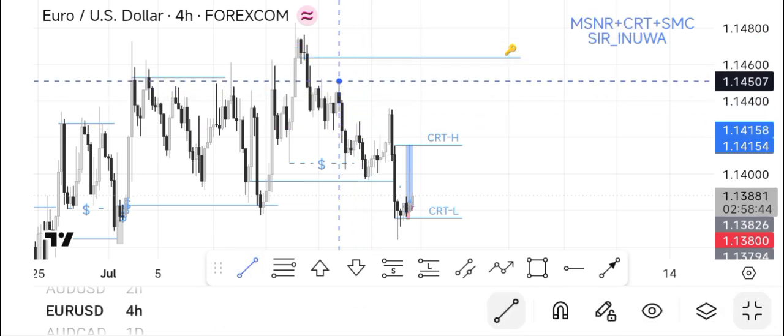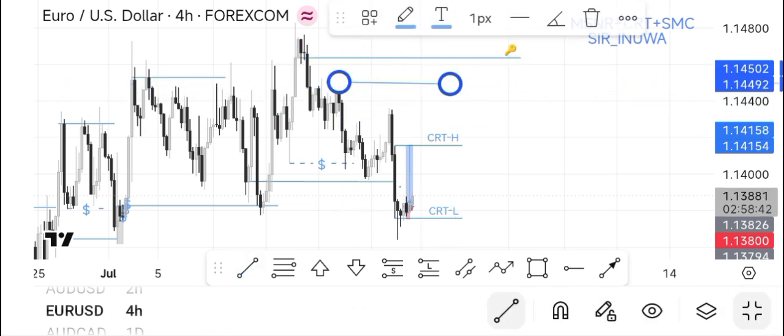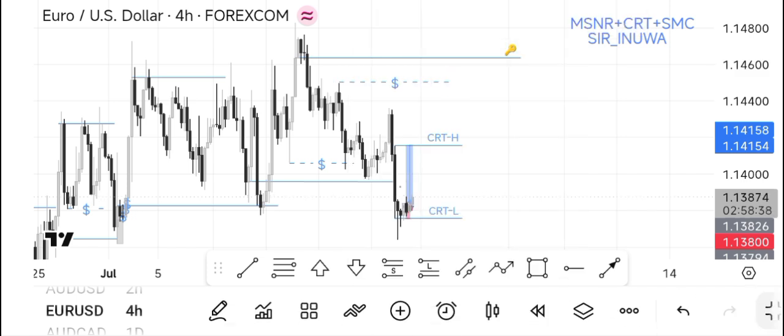And this pullback, this first pullback here will be my liquidity, right? I think it's very simple. Just stick to one strategy, master it, know it. You have a good RR on it. So as I tell you,